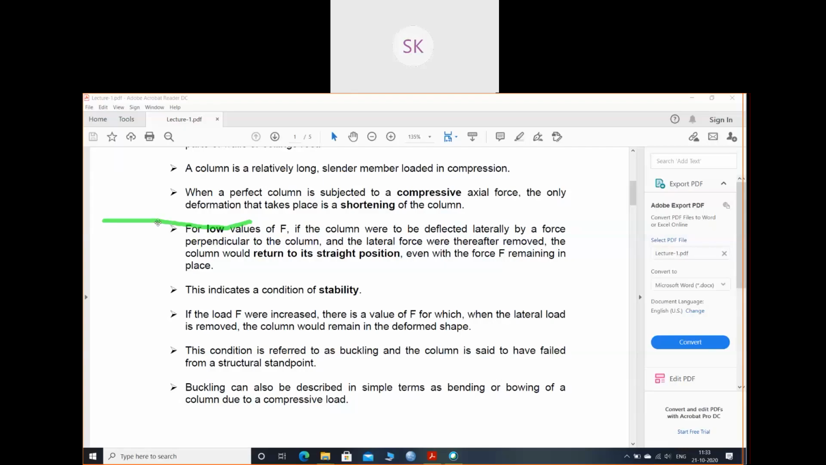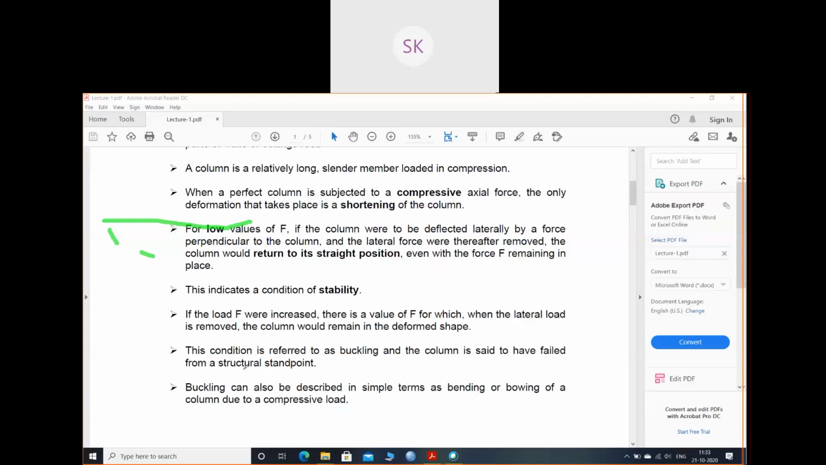Now it says buckling can also be described in simple terms as bending. We have studied the deflection part. Your beam was a horizontal member, and it used to deflect like this, but a column is a straight, vertical member, and now it is getting deflected in this way, right? So this is nothing but you can also describe as bending of the column, and they have given a name of